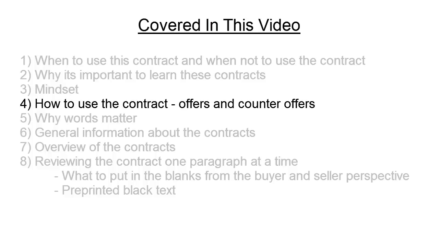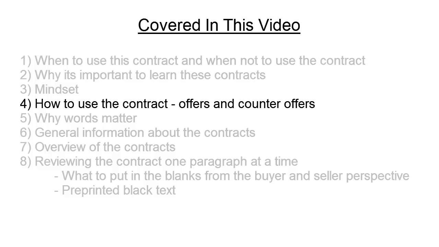The first step is usually just for the buyer to write an offer. So what is an offer? An offer is made by simply filling out the contract to fit the terms you would agree to, and then you send that contract over to the seller. So after the buyer's done that, they send it over to the seller. If the seller likes what the buyer proposed, then the seller can just initial and sign the contract, and then